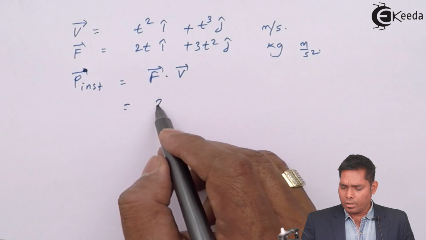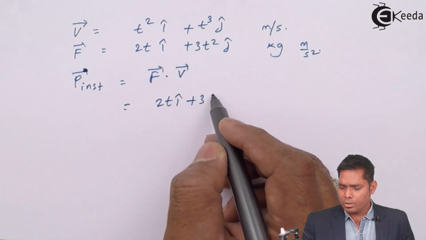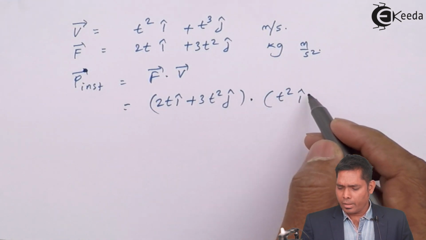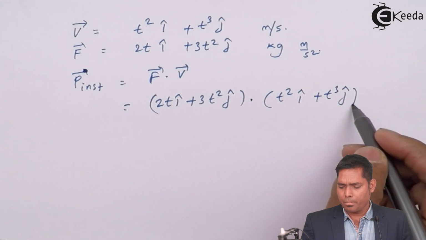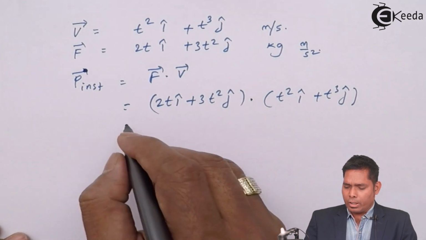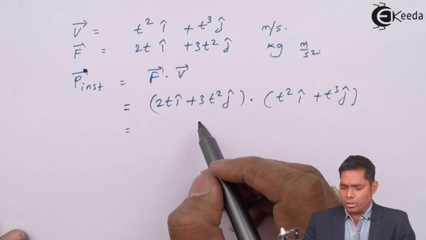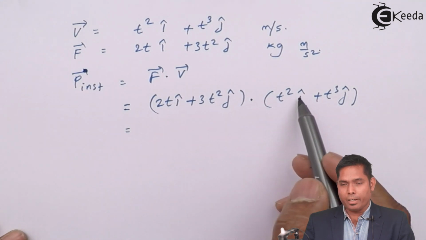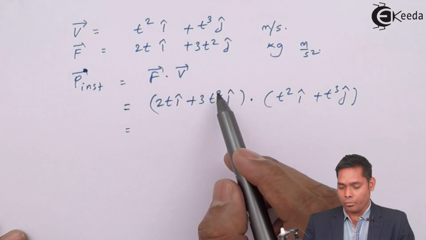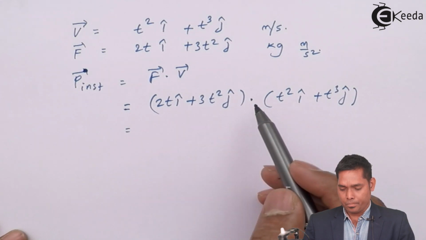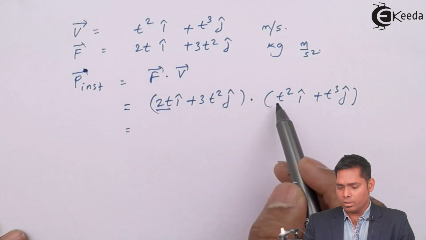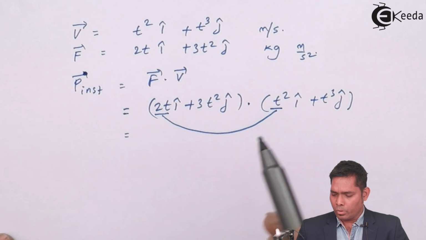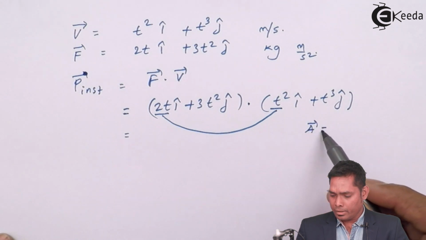So F is 2t i cap plus 3t² j cap, dot product with t² i cap plus t³ j cap. We can use the direct method, where you multiply the coefficients of i and the coefficients of j and then add up. If I do that, this is 2t, this is t², so we know that if a vector A is